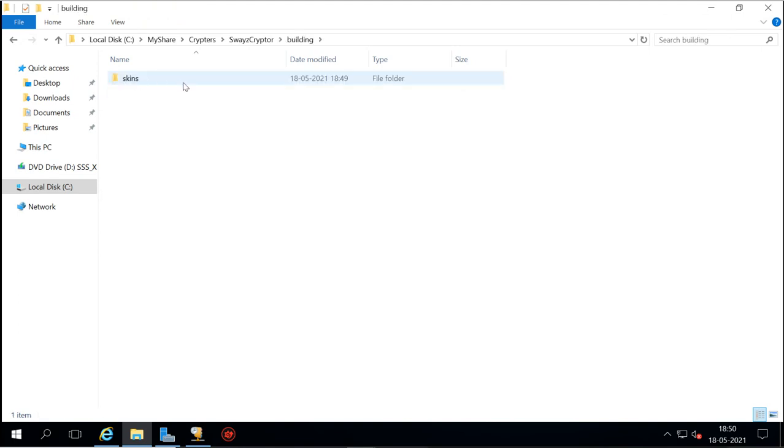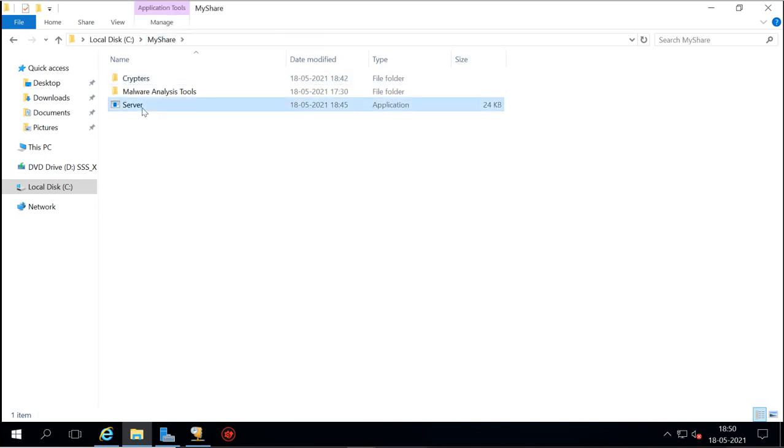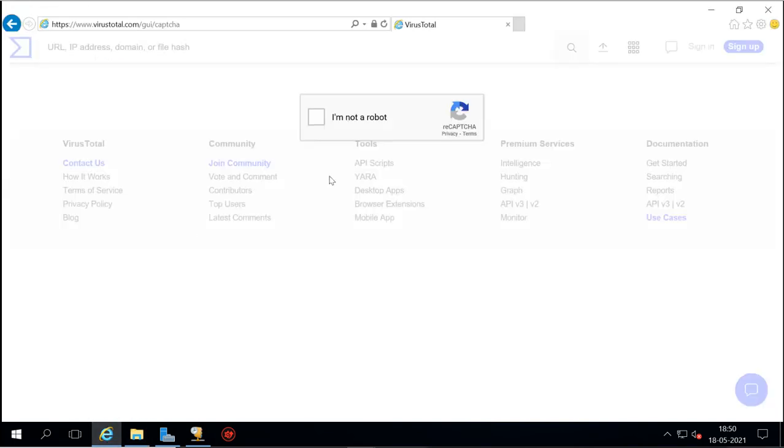these viruses, these Trojans. When you encrypt with this, then some of these antiviruses are not able to detect it.